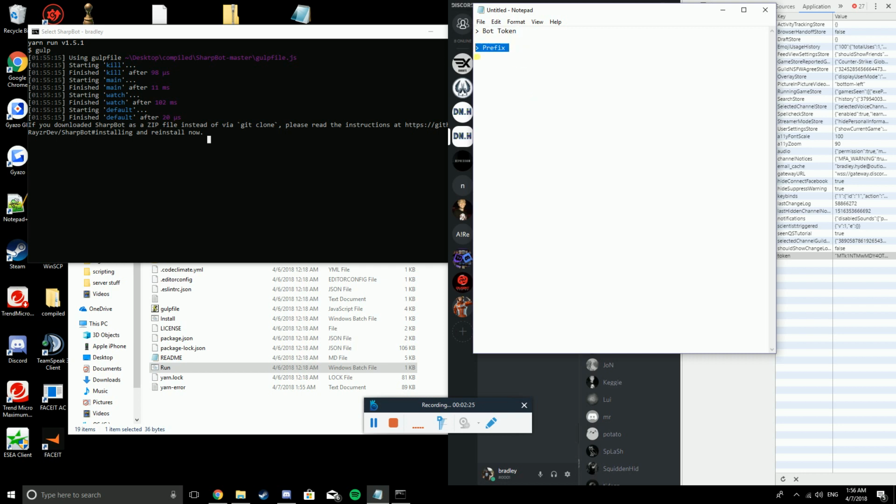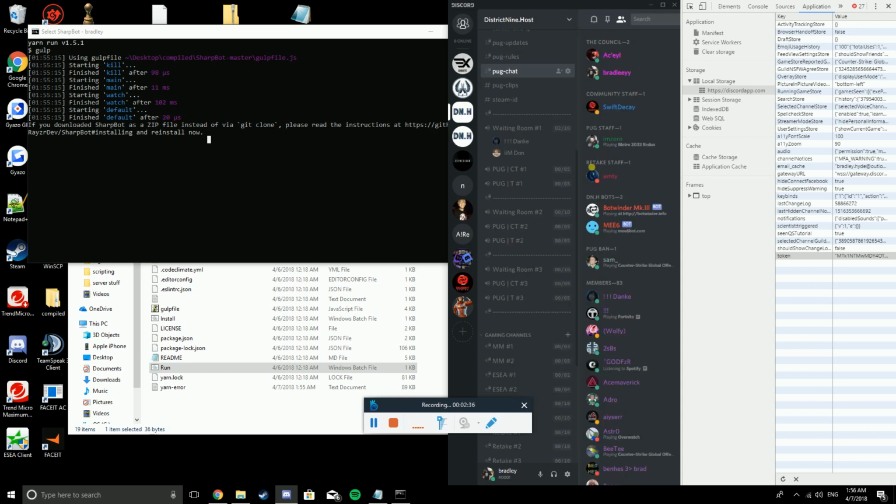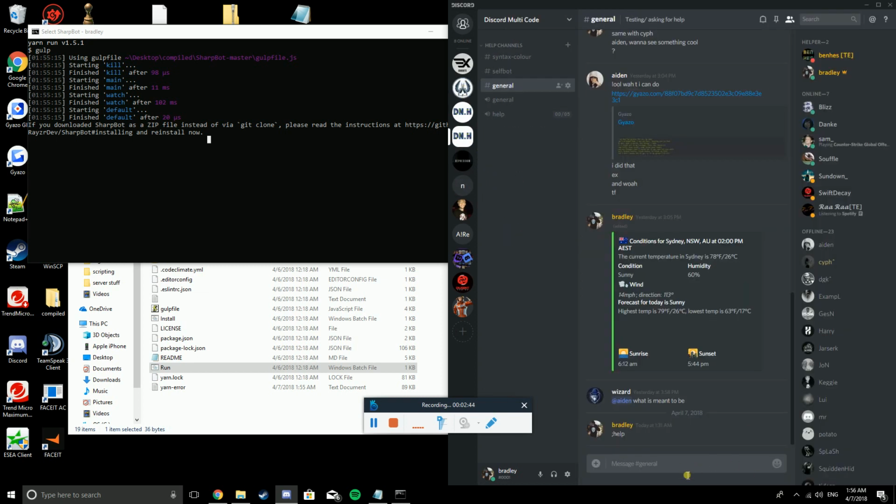Prefix is pretty much just what symbol becomes before your command. So for me, I know it's exclamation mark, so if you do exclamation mark help, that'll activate that command. If you just do help in general, it won't actually do anything. So my prefix for Discord is actually a colon, and colon's just easy for me. So if I show you an example, say colon help,